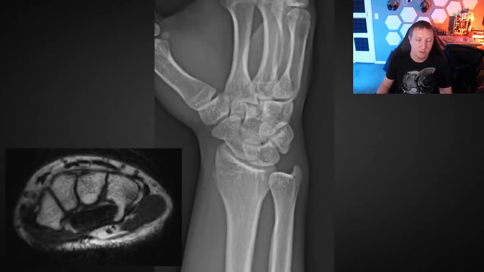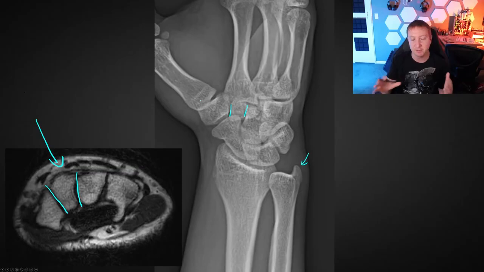All right, so this is the medial oblique view, and this can be helpful for a lot of different things. It gives a bit different projection of the scaphoid. It allows us potentially to see joints we couldn't see. So if you look at the trapezium trapezoid joint and the capitate trapezoid joint here, when we do a medial oblique view, we're looking right down at that, so we'll often see those joint spaces really nicely. Gives us a better look at the ulnar styloid in some cases. And so this is a very helpful view, for a number of different reasons, just to give us a slightly different perspective on things. And even the base of the thumb here, we can see a bit better as well,